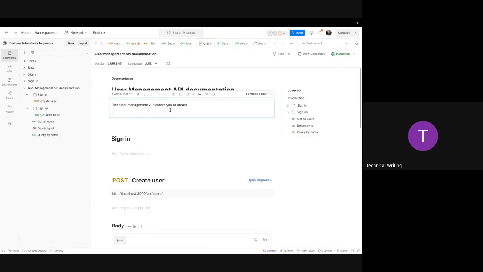For the Google Writing Style Guide, they prefer using the second person pronoun you instead of a first person or third person pronoun, because you're talking to whoever is reading these docs. Imagine you say the user management API allows us to create. Who is us? What if the person is one? How many persons are there? Just one engineer reading and seeing us. Sometimes it might knock off people and probably confuse them more. That's why we prefer using you instead of us, or most of the time reduce the way you use we or I. All right, so the user management API allows you to create